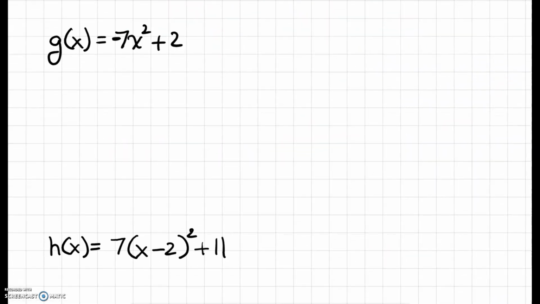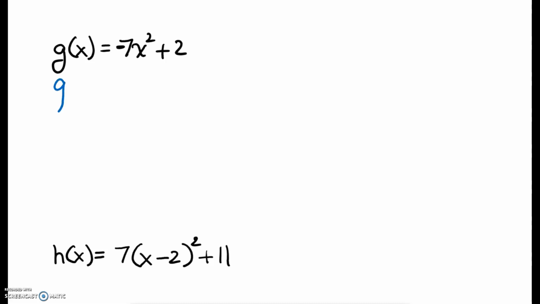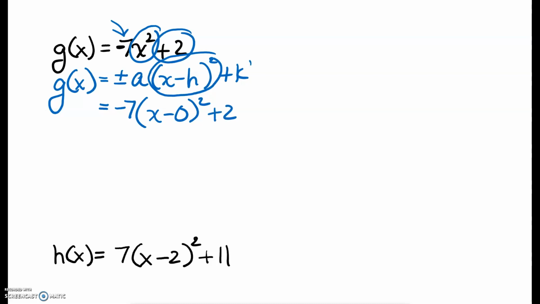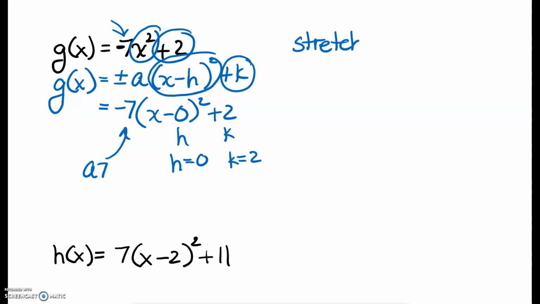Last example. We're going to have to skip this last one. I think we've done plenty. So this is a plus or minus a times (x minus h) squared plus k. Looks like we have a negative 7 in front. Nothing's being subtracted from x before we square it, so we'll subtract a 0. We're adding a 2 at the end, so this is h and k. h equals 0, k equals 2. a is 7, so this is a stretch by